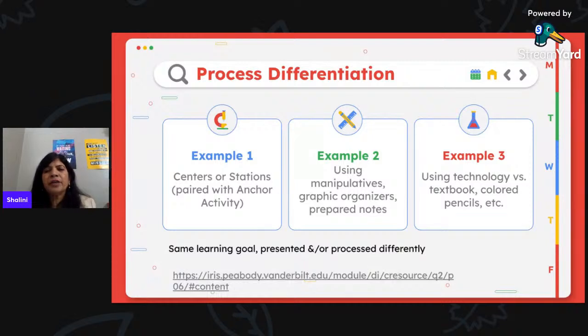If required, we can decide whether the children will read from the textbook, or they will need different types of pencils or colors, or they will need to use technology, or you have any learners who have some visual impairment, so will they need bigger fonts. So we have to understand that the children will need different things to process the information, depending on